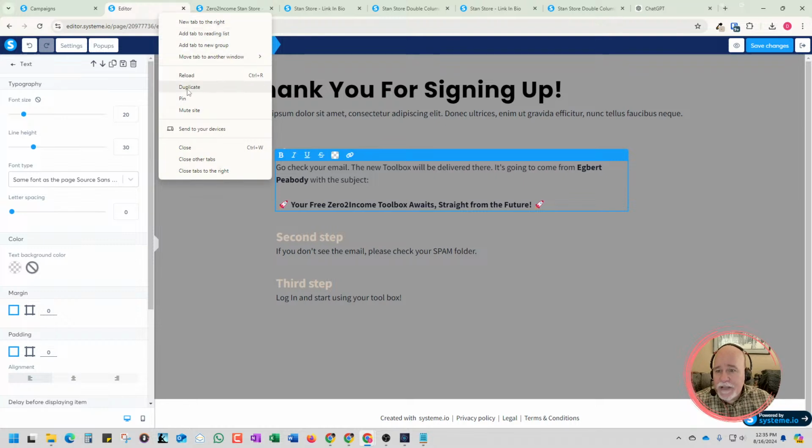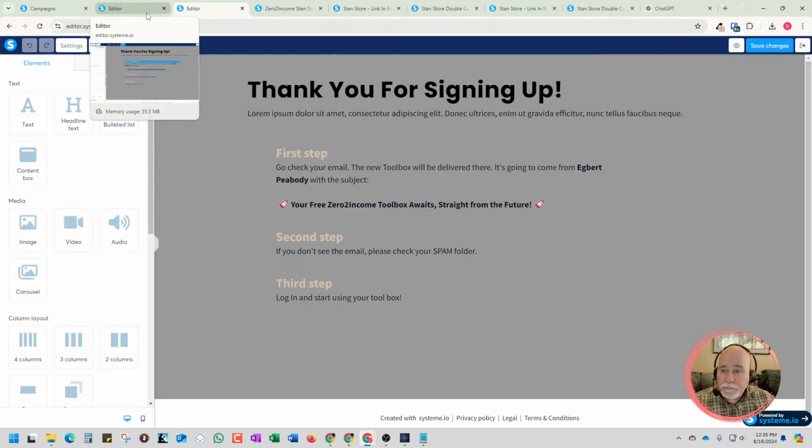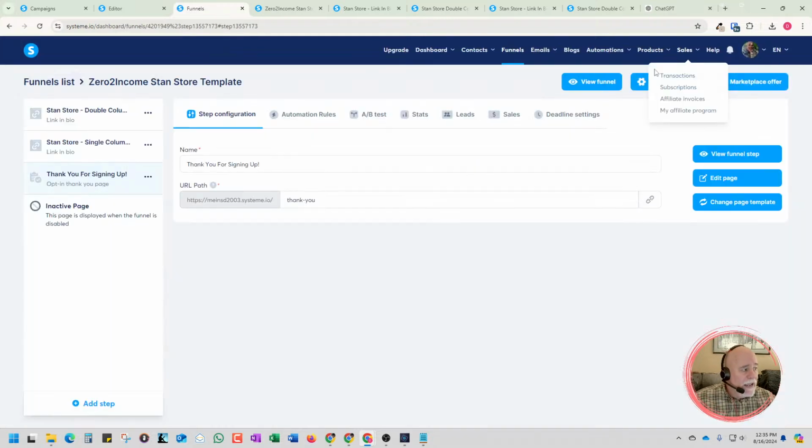We're going to duplicate this tab again because I want this stuff open. And I'm going to just save changes. We're going to go out of here. And then